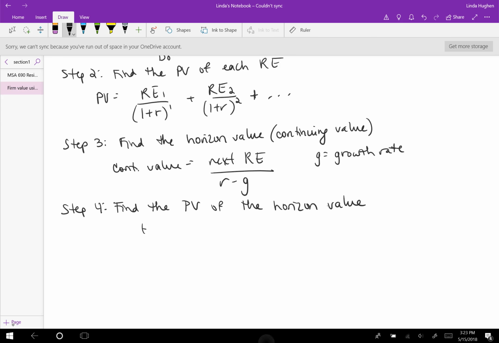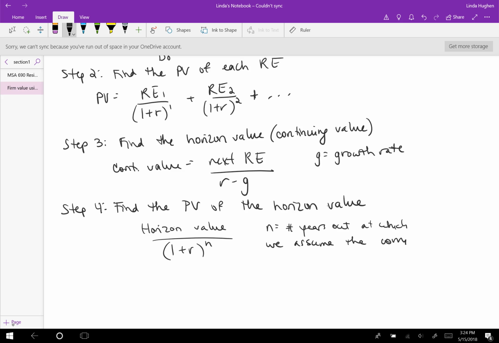So we take that horizon value that we found in step 3, and we divide it by 1 plus R. And then we have to discount it. How many periods? I'm just going to say for the sake of these notes, n periods, where n equals the number of years out at which we assume the company achieves